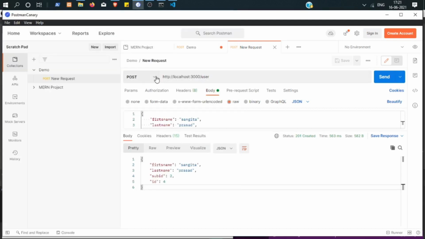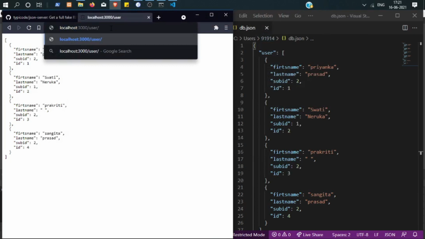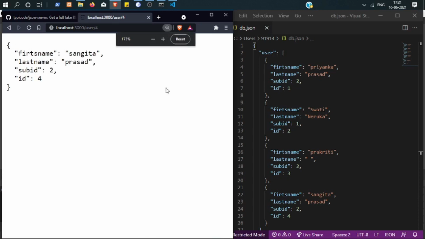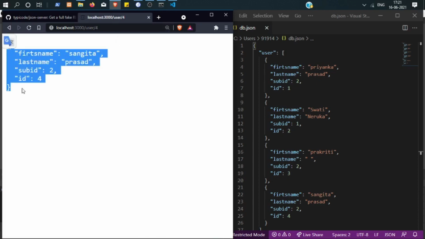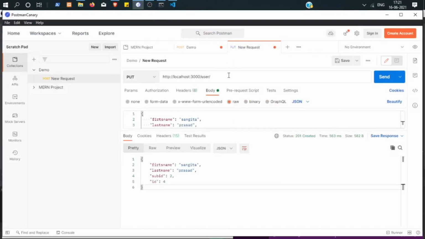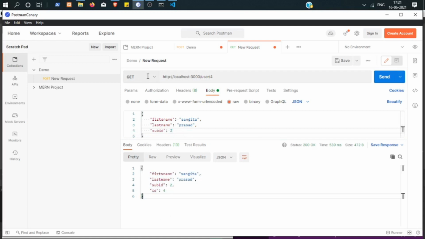Now let's do the PUT operation, let's use the PUT method, and I want to edit a user. So for that, let's take our newly created ID, that is 4. This is what we have created, right? We're using the POST method. This is the user which we have created. Okay, let me do a GET operation, GET method, and as you can see I have created this one. Now let's edit the same.